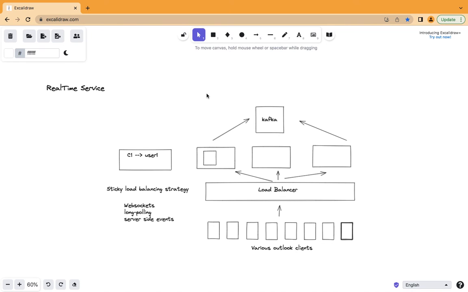So definitely it seems to be a very complicated diagram, but before I explain it, let me explain some very important concepts like what is short polling, what is long polling, what are WebSockets, what are server-side events. So these are some very important